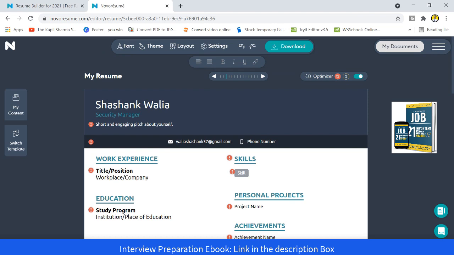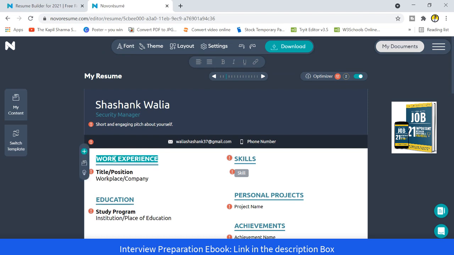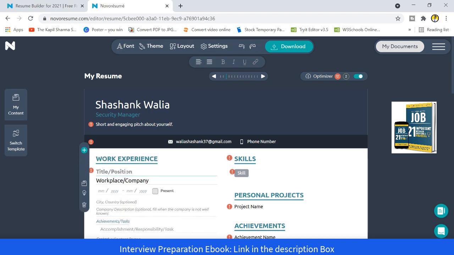Now let's move on to the work experience. So you have to write the work experience starting from the most recent work experience which you are doing right now, right? And then go with the title or position, what is your workplace or company, the starting and the ending. If you are working, click on the present.